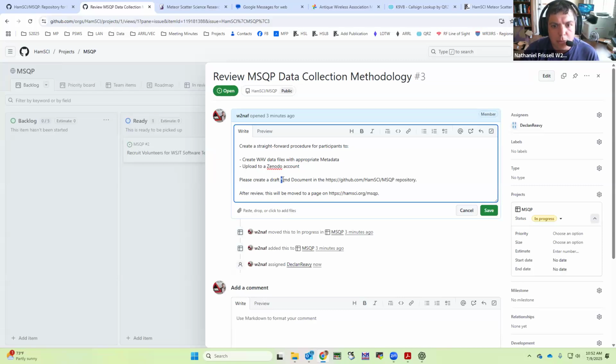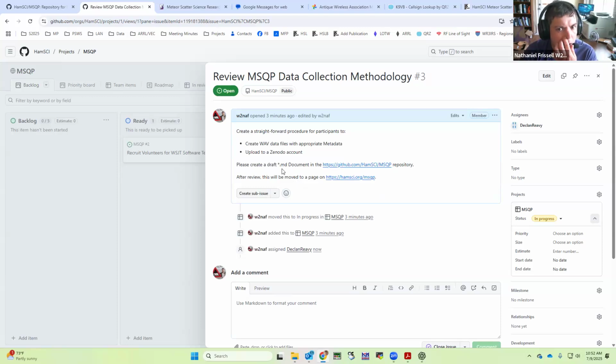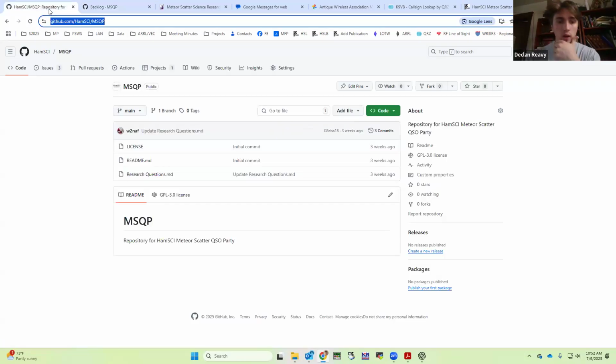Yeah, so Declan, you can start by creating a draft markdown document. Does that mean anything to you? A markdown document, you mean? Yeah. No, I'm not sure. Okay. So hold on, I can give you a quick tutorial. Okay. So on